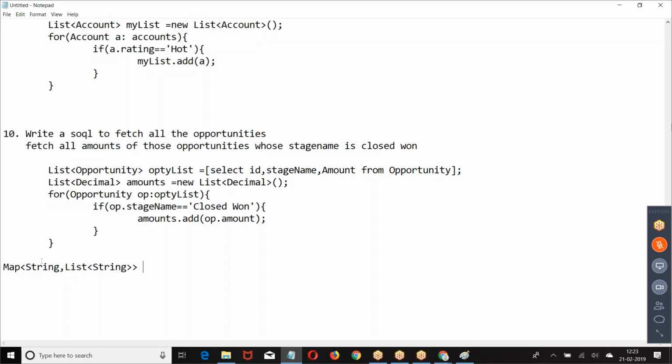Here in the map we are taking key as integer, decimal, and value as employee, the full record. Employee, complete record. Oh, fine.